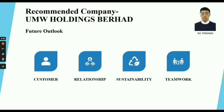Next one is sustainability. Besides ensuring the financial sustainability of our business, the group will apply the most relevant strategies to make a positive influence on the environment and the communities in which we do business. The next one is teamwork. A common corporate culture with a strong team spirit will eventually lead to the continued success and sustainable